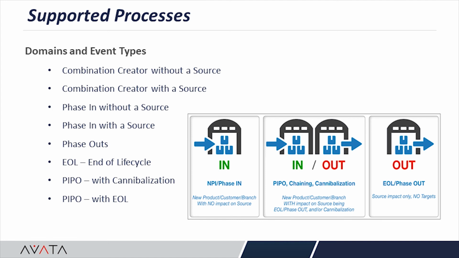Also, one does not have to take A's volumes as they are. A user can set the amount A is cannibalized and can separately set the amount A contributes to B. This gives us the ability to say A will get cannibalized by B at 50%, but B will only sell at 85% of A's old volumes. Now, a PIPO EOL acts the same as a PIPO with cannibalization, but simply ends the life of A, our source. One can really think of this as B's launch causes A to quit selling at all.